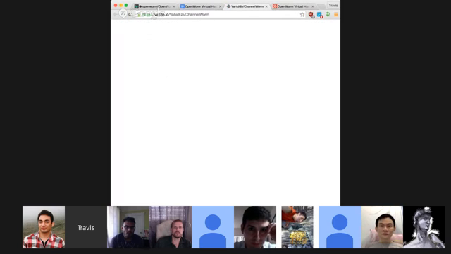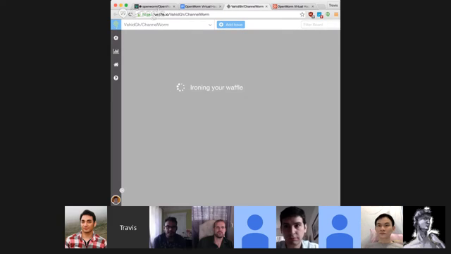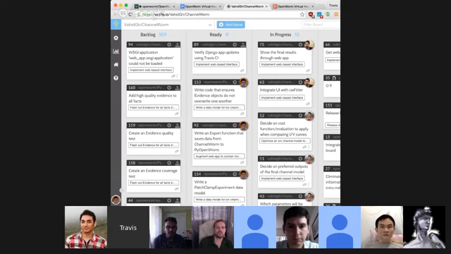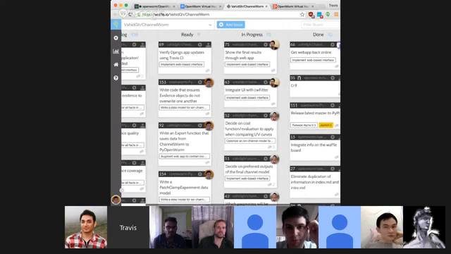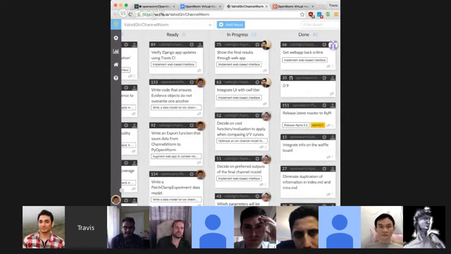Okay, so this is just loading up here. But this kind of cross-cuts several repos. Okay, here we go. Yeah, so the idea here is that we can look at issues across repos and organized by, well, however we choose. So in this case, they're organized by different labels. So issues with the ready label or the in progress label are in the respective columns, and then you can filter